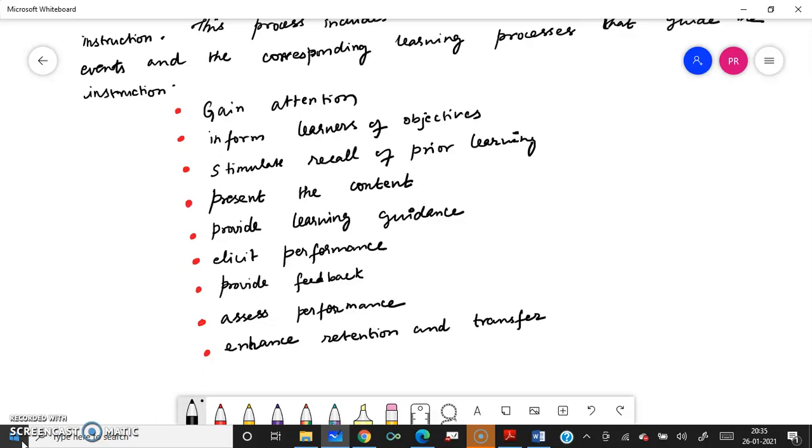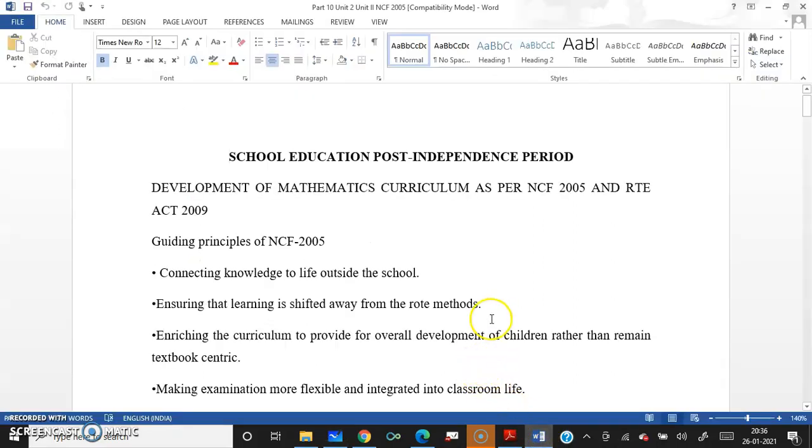The most important thing to remember about the conditions of learning is that different instruction is required for different learning outcomes. If you are going to teach geometry, then you need a different learning outcome, and if you are going to teach the students polynomials or algebra or trigonometry, what are the different things you are going to follow? It's not the same for all.